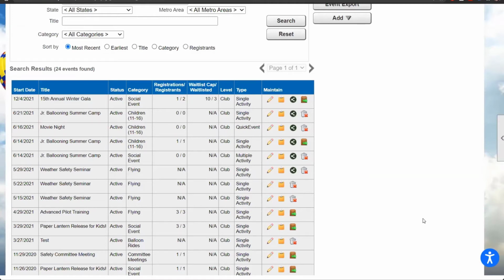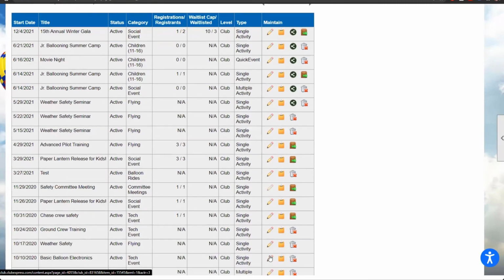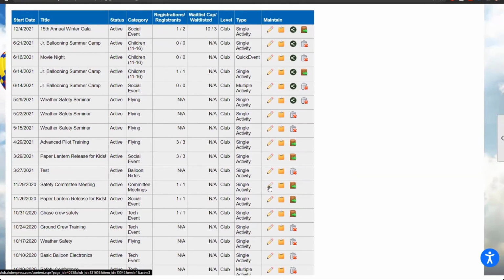But what I want to do is take a look at one of the options that we have. So if I take a look at our safety committee meeting towards the center of your screen here, I've added it to my category of committee meetings. So again, you have members of different committees that are maybe members of several different committees across your organization. They want to pop into your event calendar and view just when they have committee meetings coming up. They can filter their search just by that category. So if I go into edit this particular event,